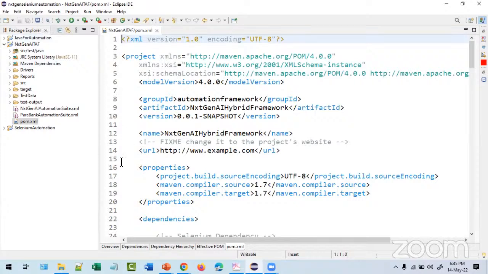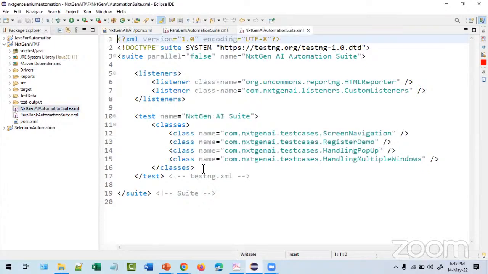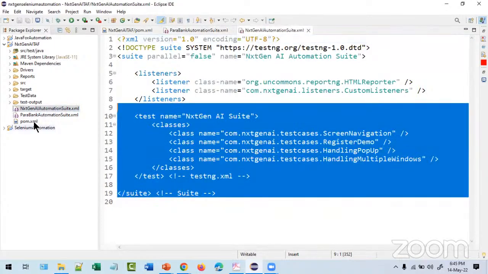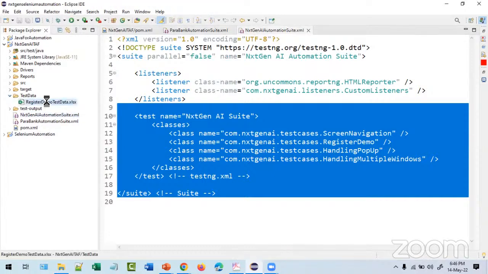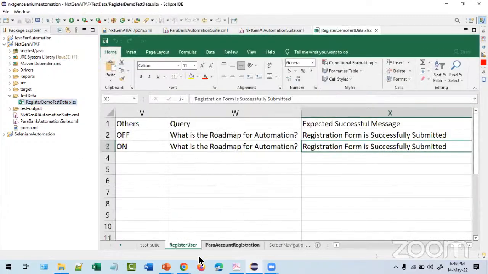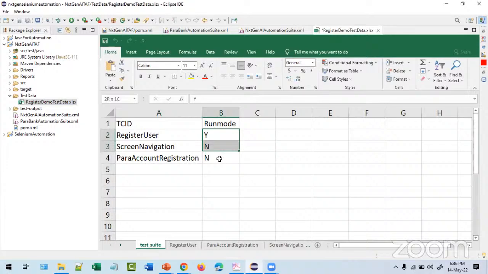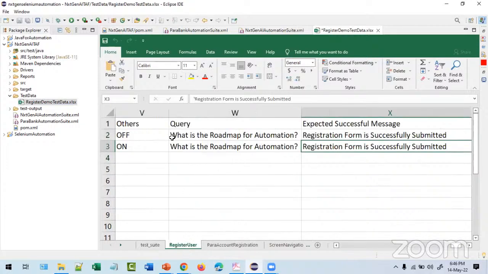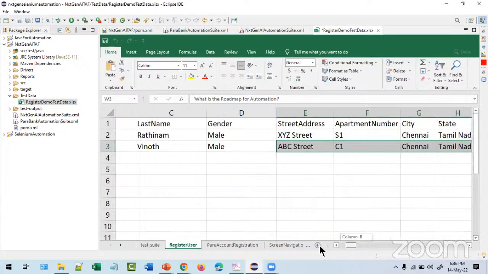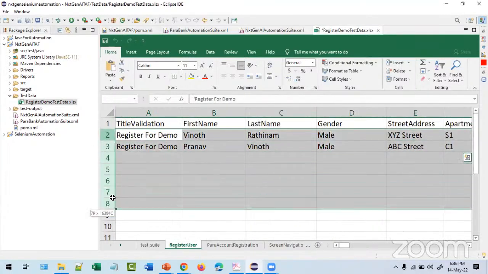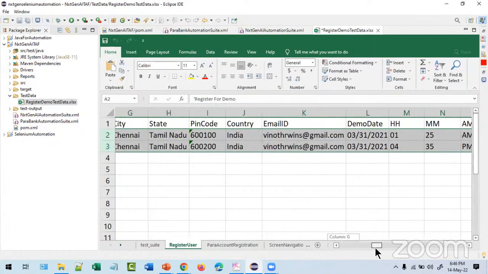And this architecture is something like 90%. You go and compare this framework with any company, it will be ditto the same, with very minute modifications: how to create the suite, how to create the listeners, how to do the parallel execution, and how to follow the test data. So directly you have to decide which test suite you have to run. And this is nothing but data driven testing. You're giving multiple test data and you want to execute it.